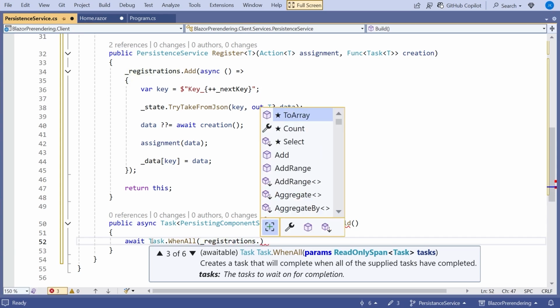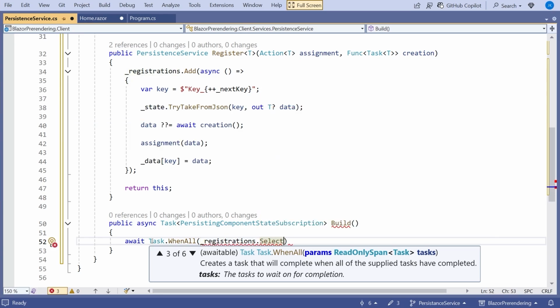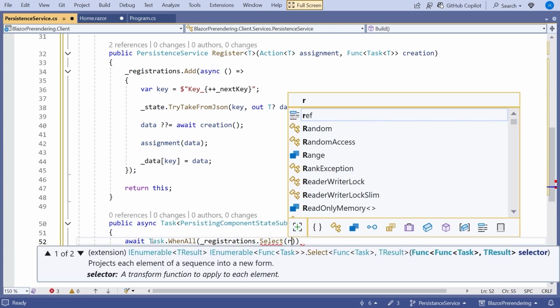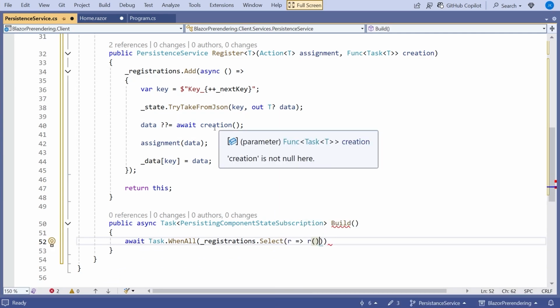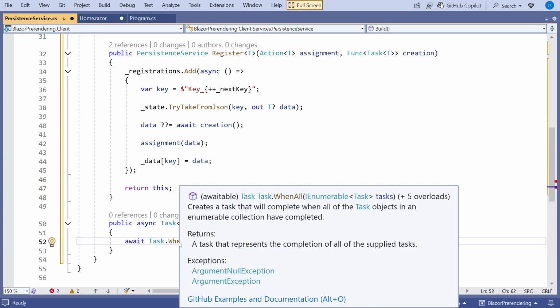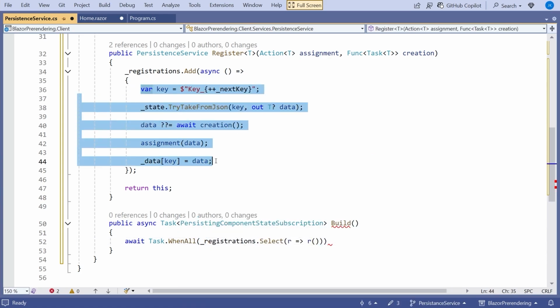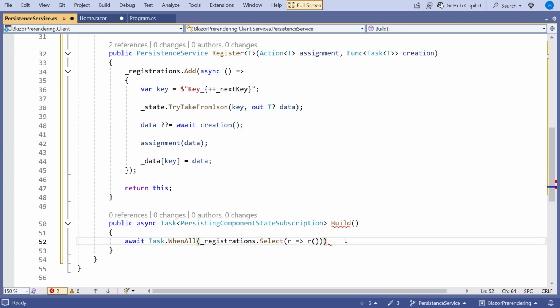So the way we can do that is a .Select, and then we can say on R for registration gives, and then we simply invoke it, and remember these take no parameters. So that's what we're doing there. That will return the task, and then when all of those tasks are completed, so when this code is executed for each of the data types, the books and the authors in our case, then that will mean all that